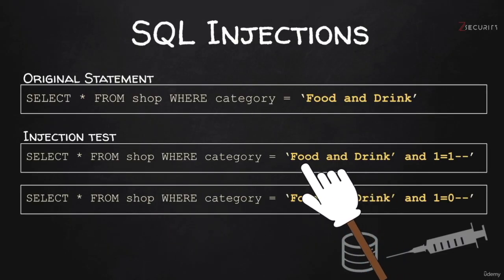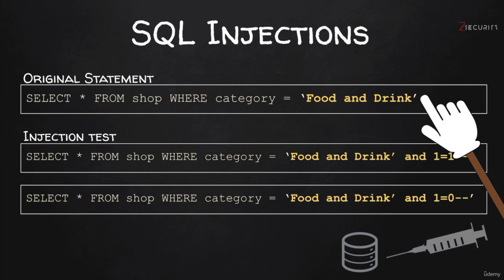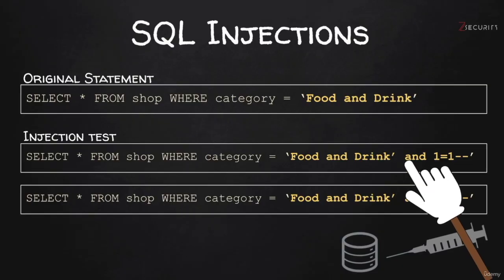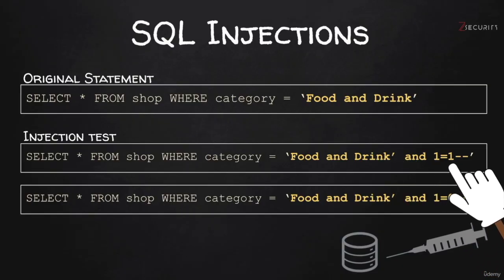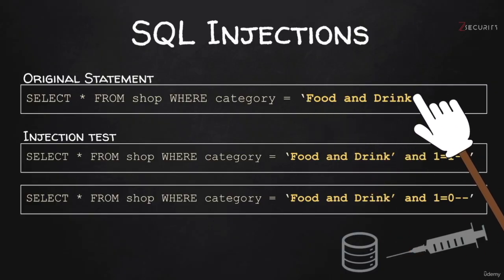You have the name of the category, food and drink. We're going to write our own single quote to close this. As you can see, the web application itself closes it in here, but we're going to add that manually in the input. And then we're going to say and 1 is equal to 1. And we're adding 2 minuses after it, because this can be used as a comment to comment the extra quote that the web application adds by itself, because we're adding our